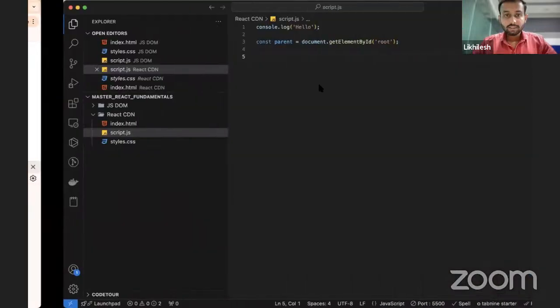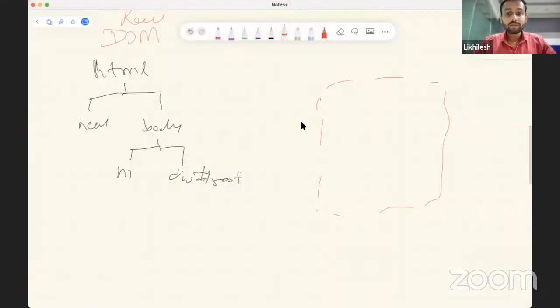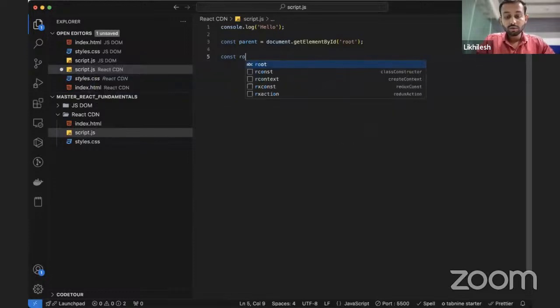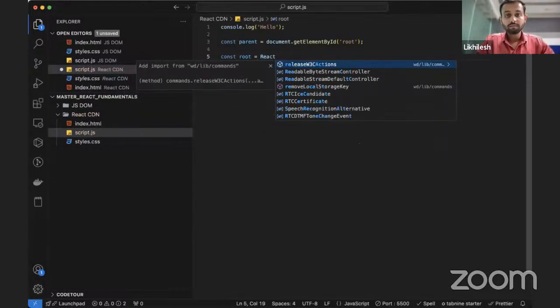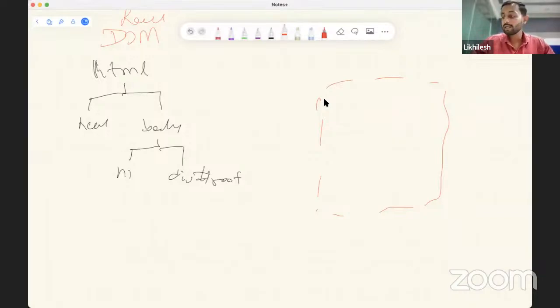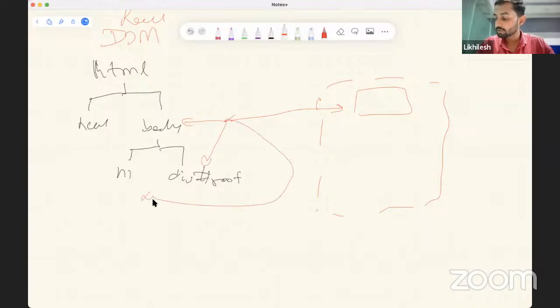Okay, we are starting with react now. What I have to create first is a root. मुझे अगर virtual DOM initialize करना है तो const root equals to ReactDOM dot createRoot. This is the create root function. But अगर मैं यहाँ पे रूट क्रिएट भी कर देता हूँ, इसकी लिंक तो होनी चाहिए कहीं पे। I have to specify किससे लिंक करना है, क्या ये body से लिंक होगा, क्या div से, क्या h1 से।